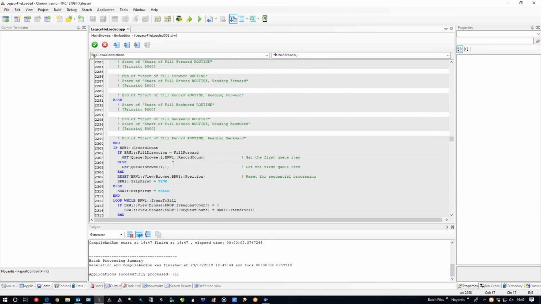This is where it's at record count. Fill direction equals fill forward. Get to the record count.